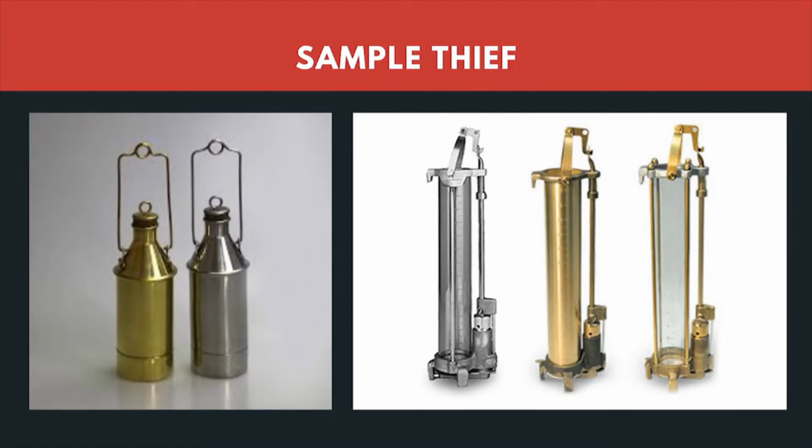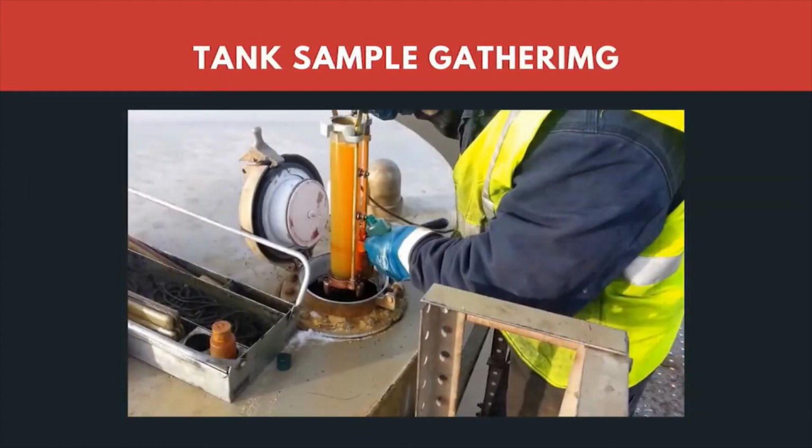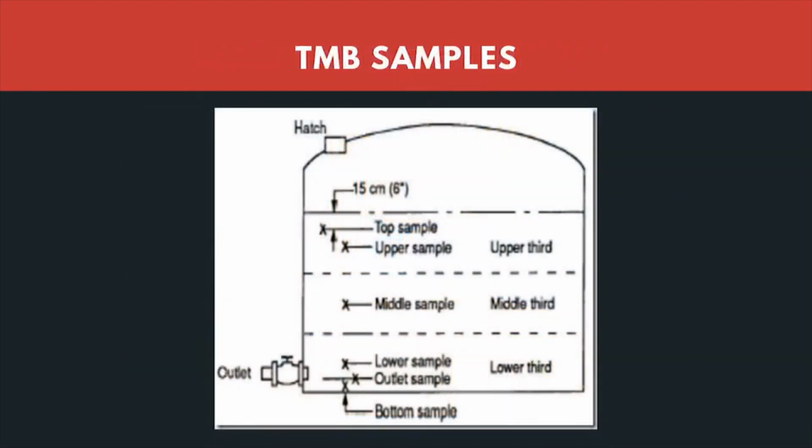at different levels. This is how a sample is taken, and what are all the samples that are taken inside a tank? They are known as TMB samples. TMB is an acronym for top, middle and bottom. For example, if the tank is 3/4 full, then